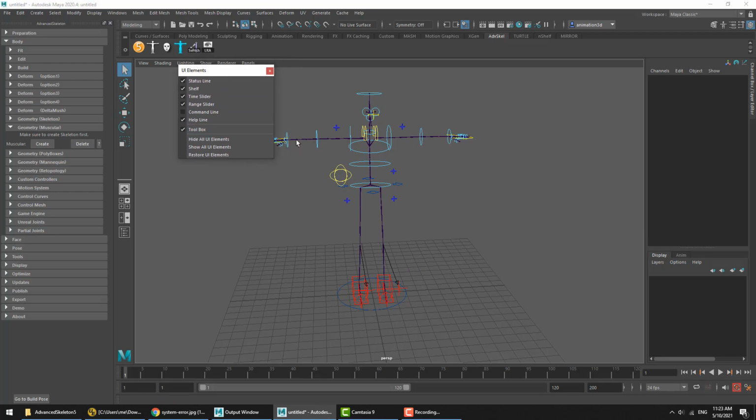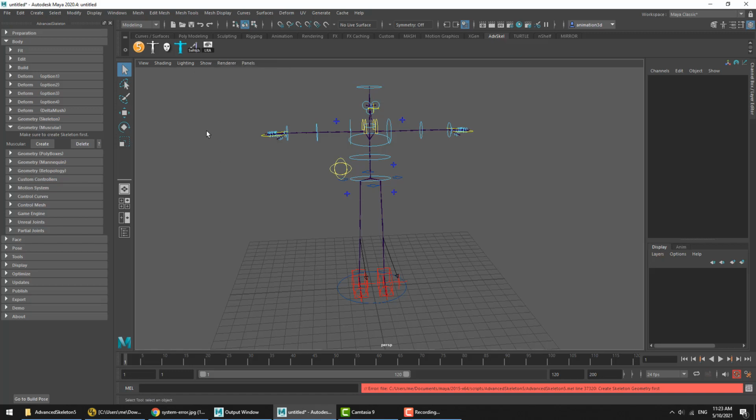If you are not showing this element, what can then easily happen is you try to run a function. I'll try again to hit Create Muscular. And there's no feedback whatsoever. It appears just to be a completely broken function with no response when we try and execute it. And that is because we are not seeing the errors. So the first thing I would recommend for all users of Advanced Skeleton, and in fact all artists that wish to be doing technical work such as rigging, is to make sure that the command line UI element is turned on so that you get notified when you are running into an error. So now that we made sure that we're seeing errors as they happen, because we are showing this command line,